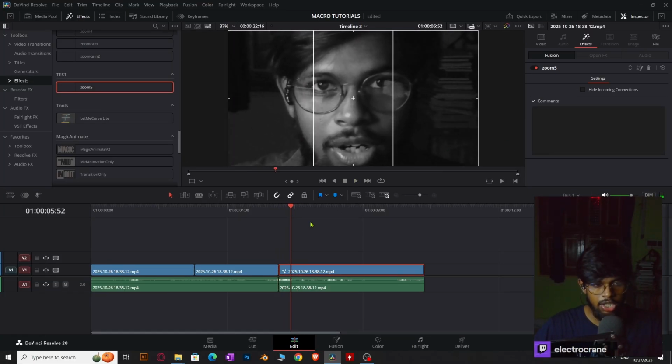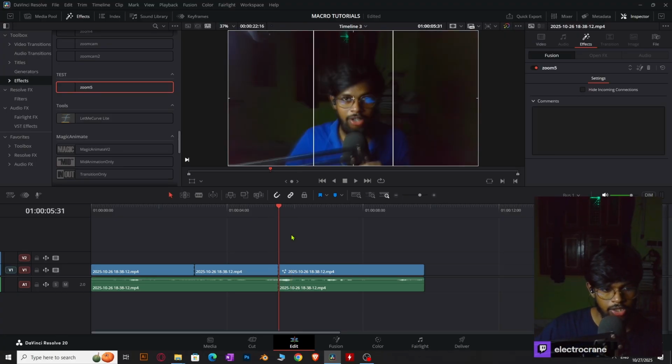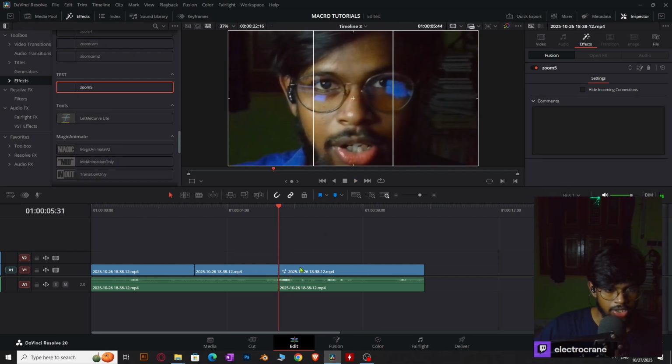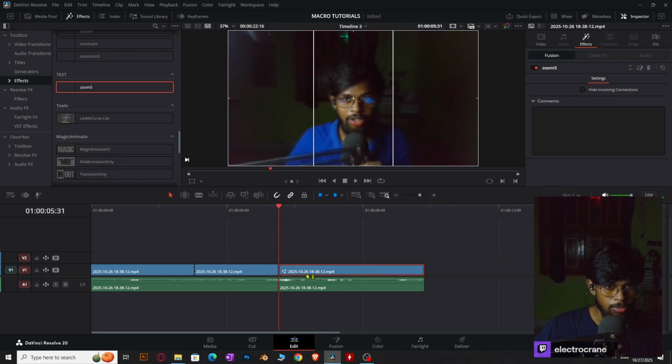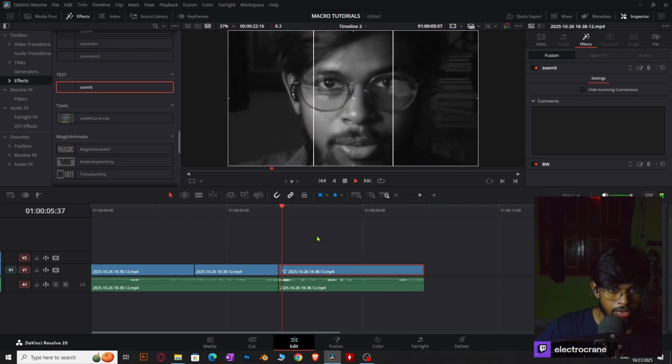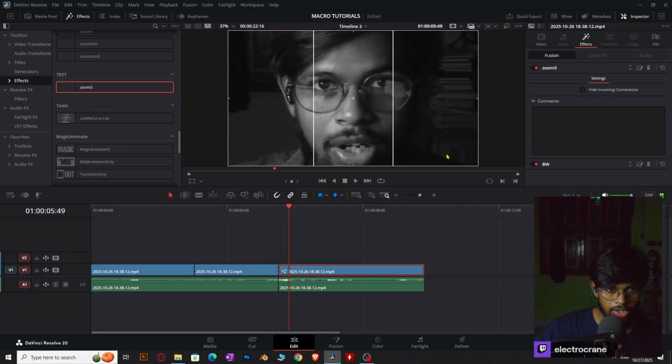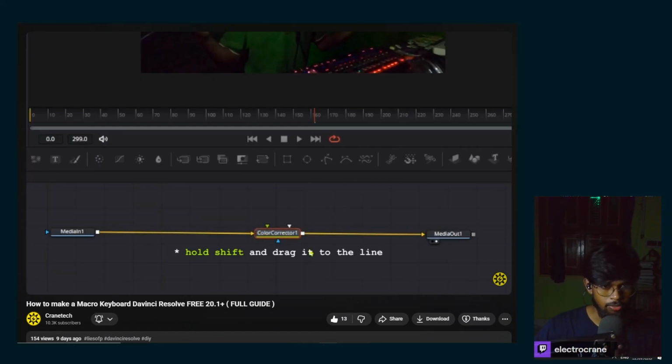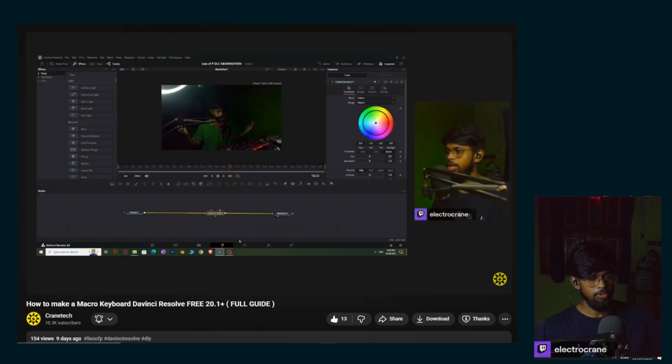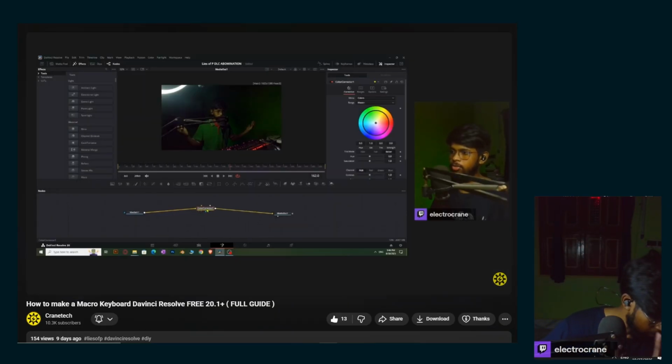I mean, it doesn't change the main macro, but you can just customize on top of it, or you can kind of stack up two effects. Like one effect is this, and another, like if I apply a black and white on top of it, you can stack two effects like that if you want to, which I made the black and white effect in the full video of that, which we're referencing